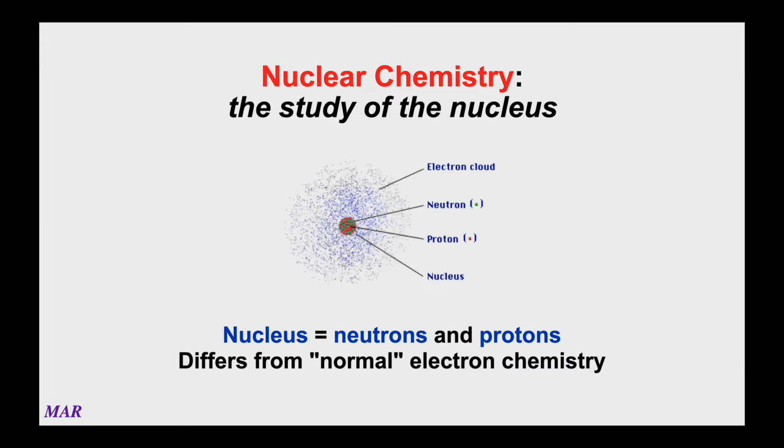Now, because those protons and neutrons are so tightly bound in that small amount of volume, the energy required to keep them there is fantastic. All right, it's way above the normal kind of energies we've been used to in Chemistry 221 and Chemistry 222. So the reactions we're going to look at are generally much higher in energy than the reactions we've seen so far for acids and bases and sodium reacting with metal, stuff like that. When you get down to the nuclear level, then man, the energies are quite different. So think about that in the back of your mind.